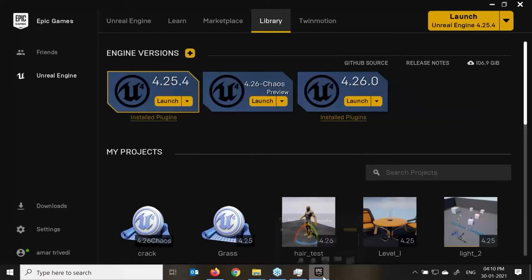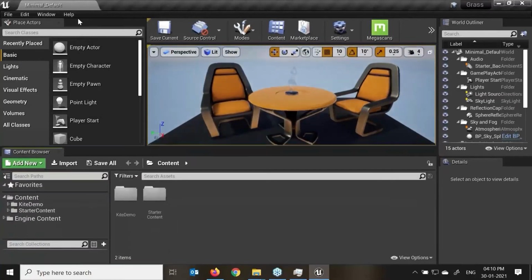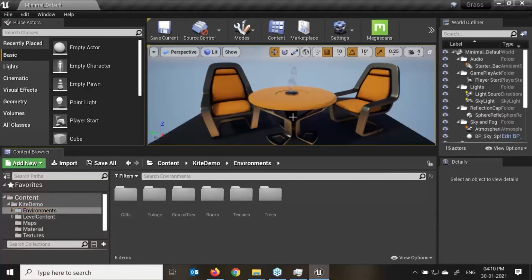If your Epic Games or the Unreal is not working properly, here we have the launch option, create, verify. If I click on verify, what it will do, it will reinstall on the same file, the Unreal exe. Right. Sometimes what happens, this Unreal gets crashed very easily and I'm not able to see the folder structure. If I click on this plus sign here, you will see that. Now this is my project. Here I'll say starter kit demo material. I'll just click over here. See, this is already added.